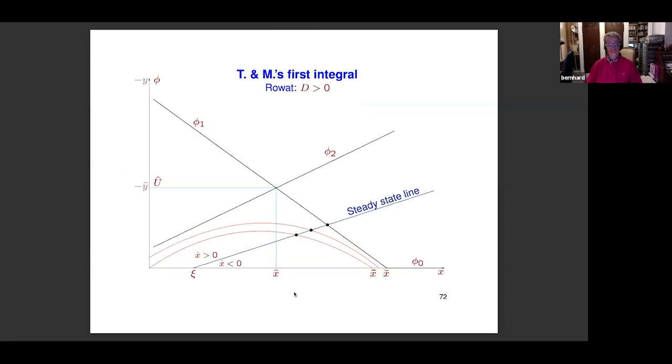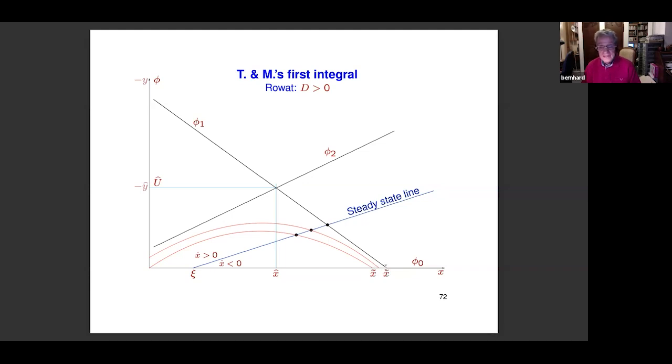And you have essentially this drawing, where you can think of this axis as being phi or minus y. It's not completely correct because phi is b times minus 1 plus sx. But okay, essentially it's the same thing. Both are linear affine in x. So you again have the two affine solutions, and the nonlinear solutions arising from Tsutsui and Mino's first integral.